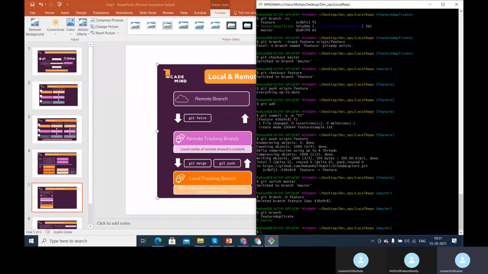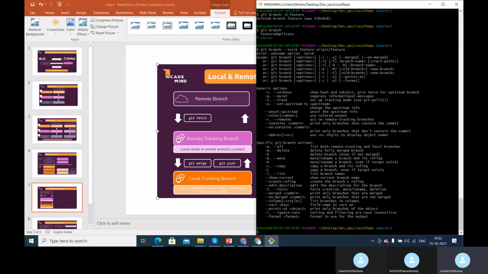I'll execute the same command again: git branch --track feature, and the URL is origin/feature. Once I execute this, the track is wrong.